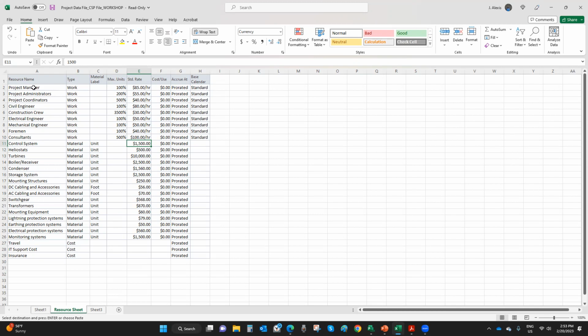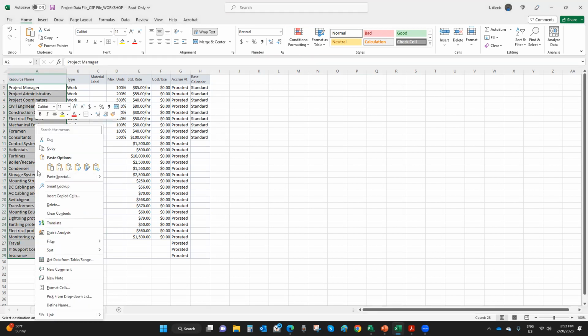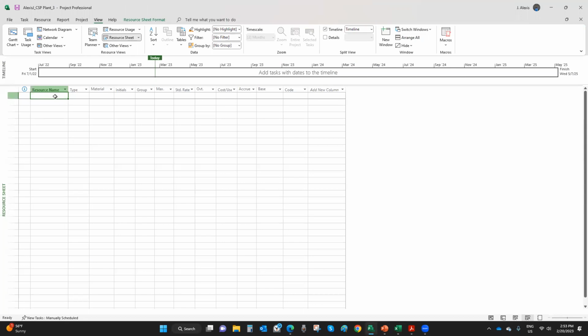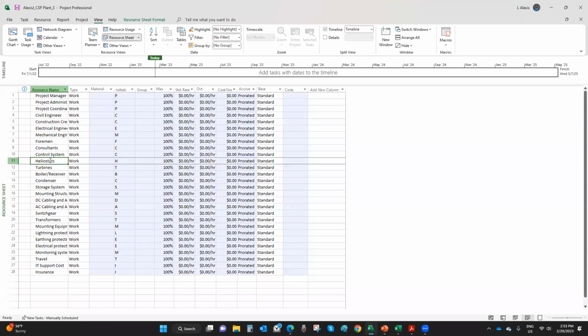So I'm going to start here by copying and pasting this information from the project manager all the way down. So copy this with me and then go back here and then paste here. All